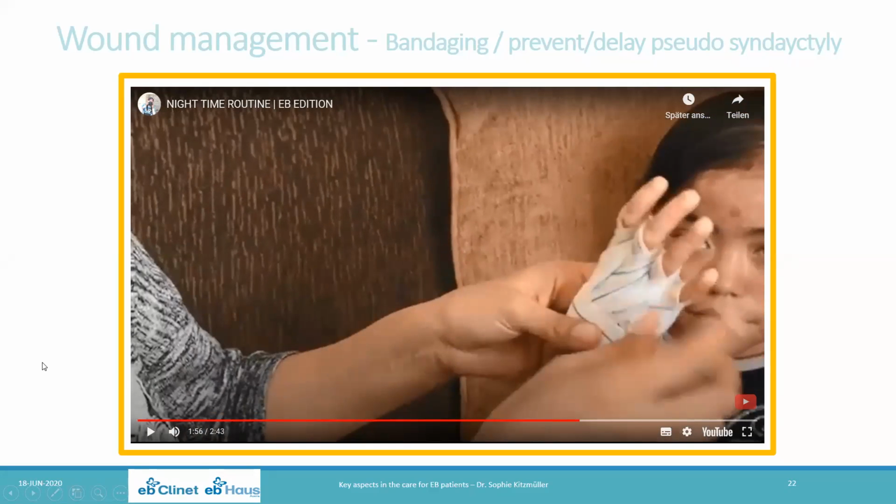So although she said she's not sure whether this is the right technique, it is a very good technique to prevent this webbing and stiffening of the fingers. And this highly increases the quality of life for those patients because they can handle a lot of things themselves then. So aside from wound management, one of the biggest issues for the patients is